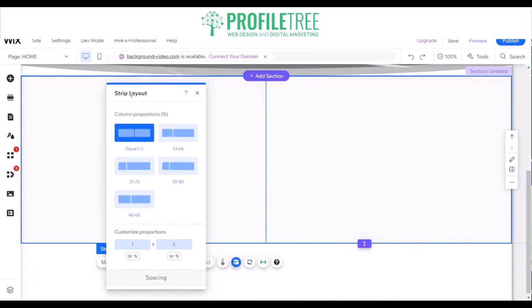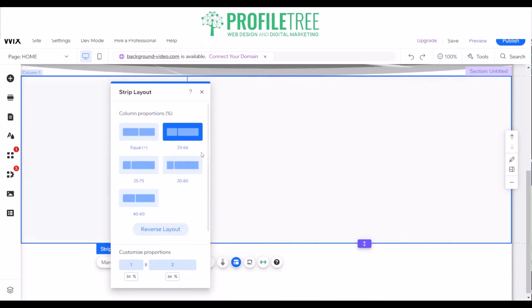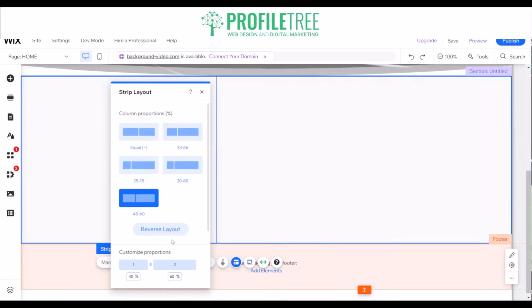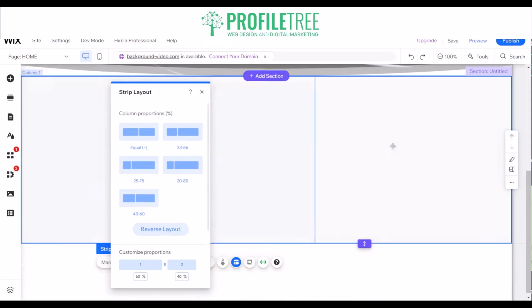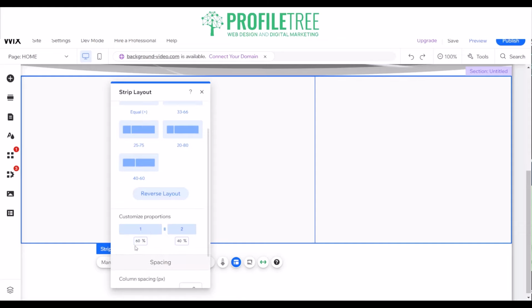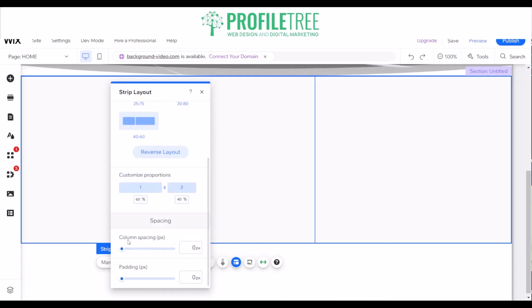So, as you can see, there's strip layout. I could make this 33/66. I've got the 25/75, I've got the 20/80, 40/60. Or I could reverse that layout and have this as 40, this is 60. You could also do customized proportion sizes. Now they've actually changed it on Wix. I'm not too sure about the other website builders,